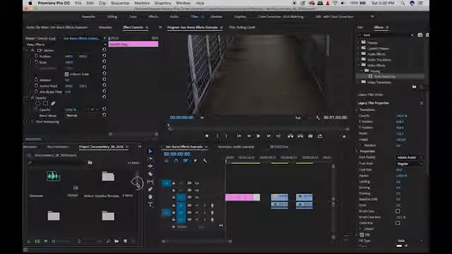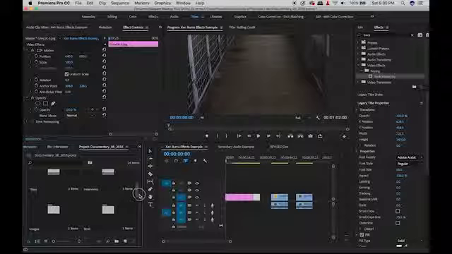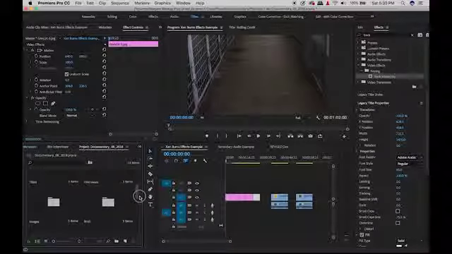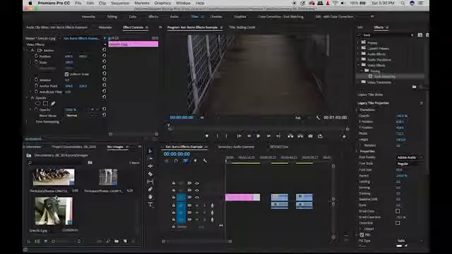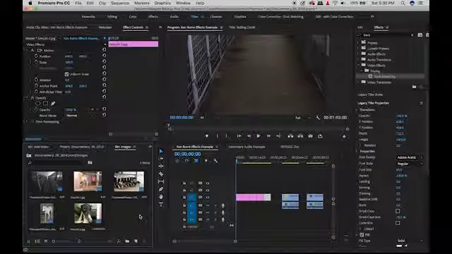Okay, so the next thing that I'm going to talk about is the Ken Burns effect. And in the lecture about documentary, I talk about the Ken Burns effect. It's named for the documentary filmmaker Ken Burns, who gets credit for this effect. And what it is, it's using still images or archival material and doing a slow zoom and pan across